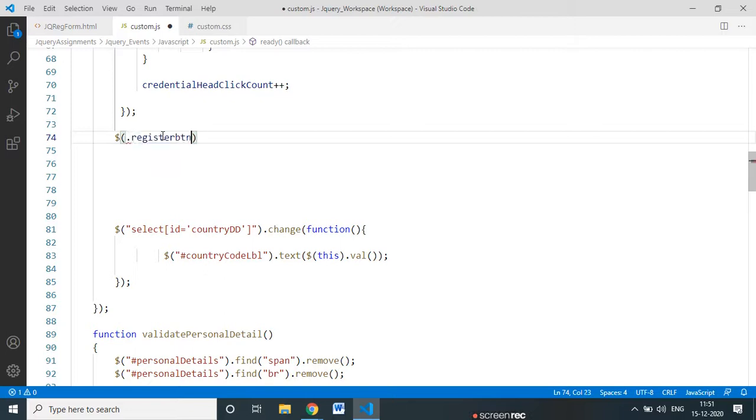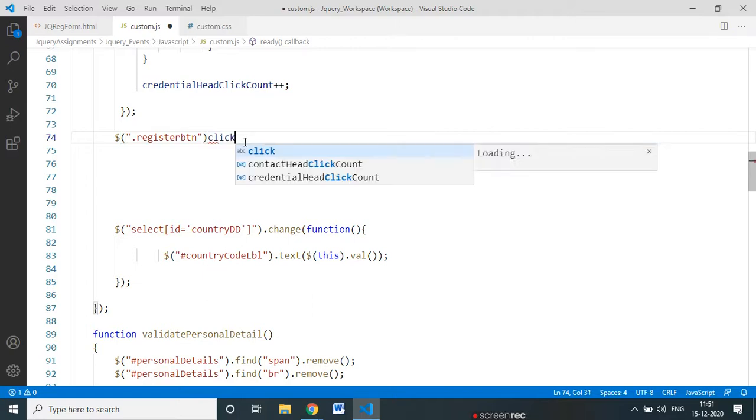The class is already there, so I directly write this. Dot register button, now I'll say click function. Click.